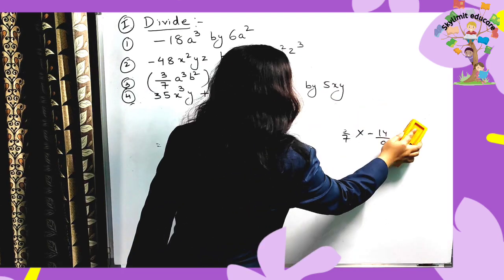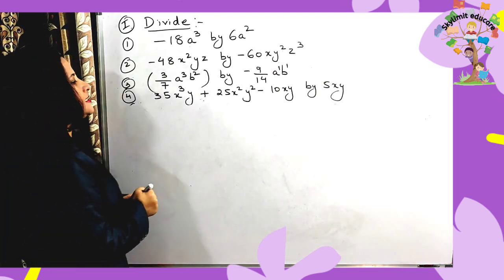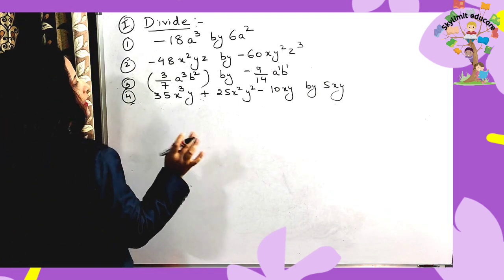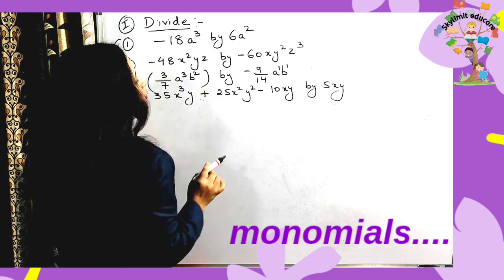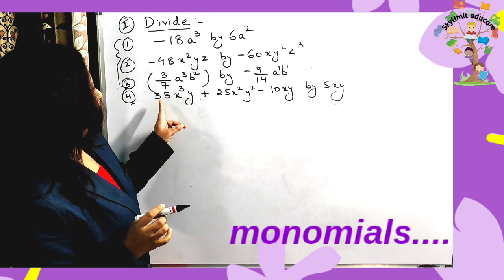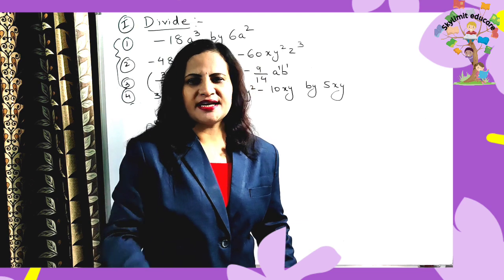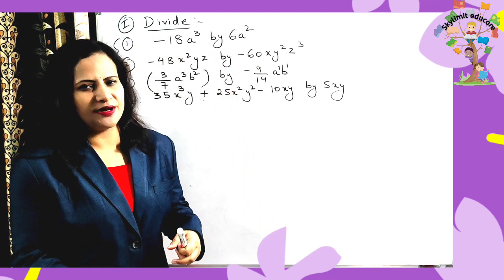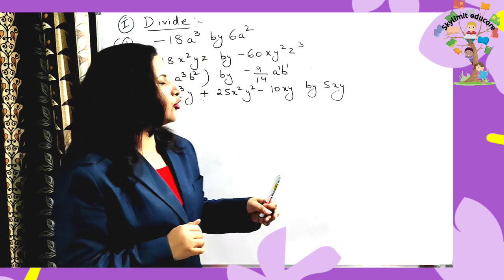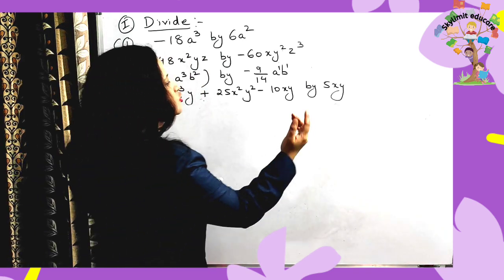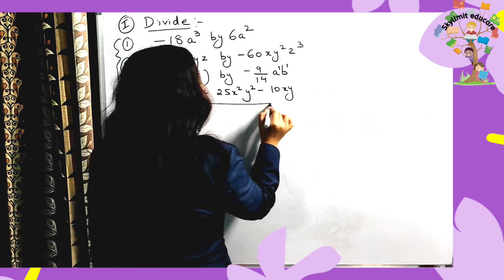Now, the last question for this series. See here, you have now the first 3 cases. All were monomials. What in the second case you see? This is a trinomial divided by a monomial. Now we have entered into the second type of case. Monomial division is over. That was simple, right? Now how are you going to divide this? Just see it. By 5xy, I can just write like this. Whole divided by 5xy.